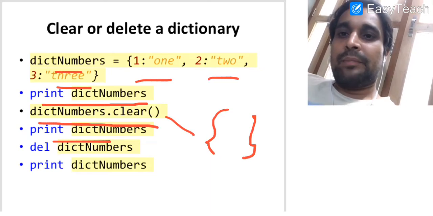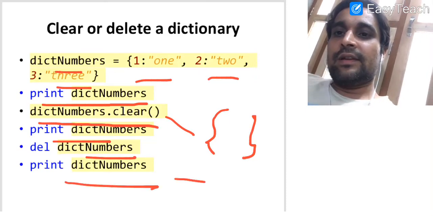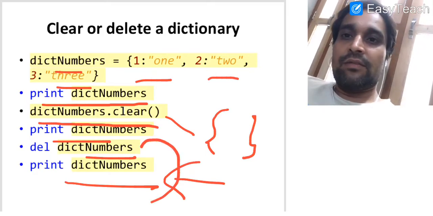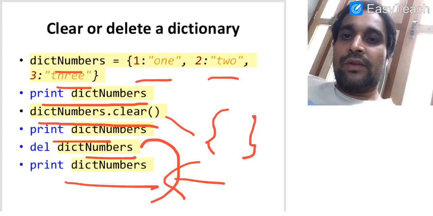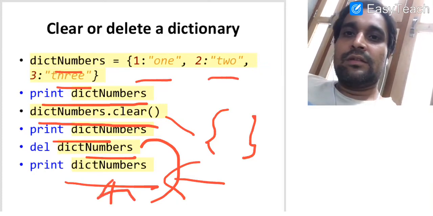Thereafter we have used del DICT numbers and we are printing that. In that case we will get an error, because this dictionary is already deleted by this del statement that we have written. So we will get an error in this case that there is no dictionary available with this name.